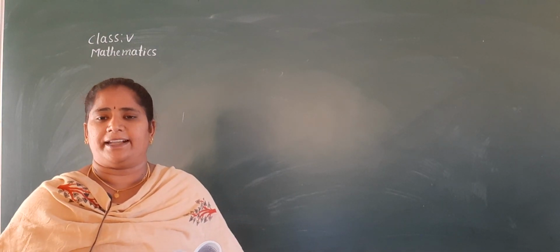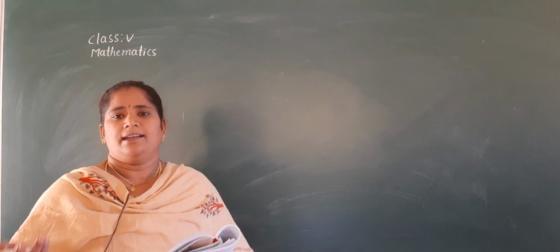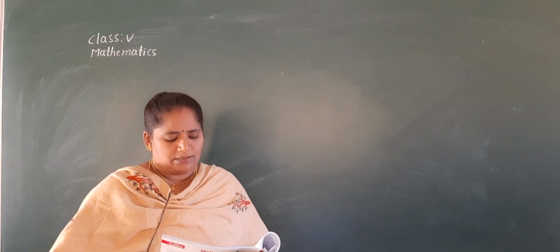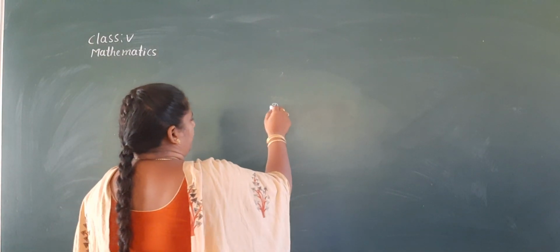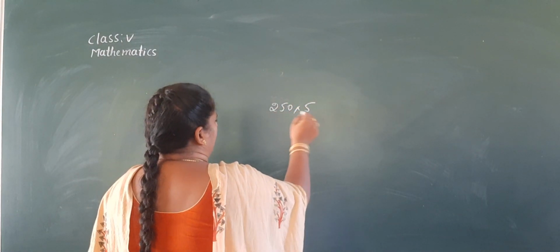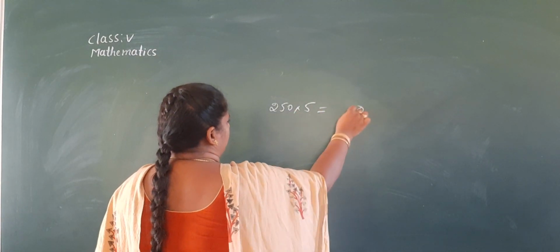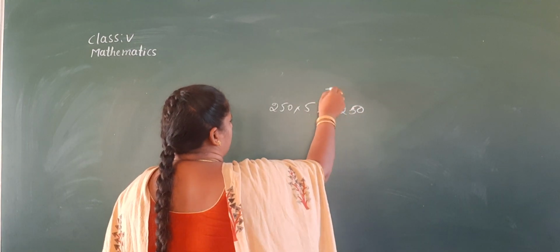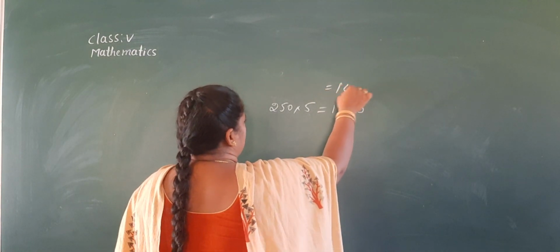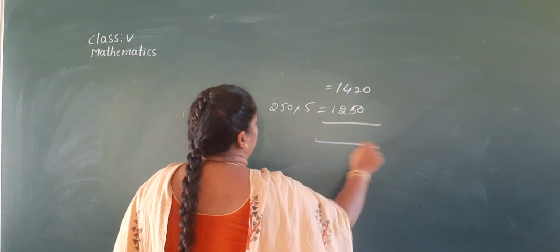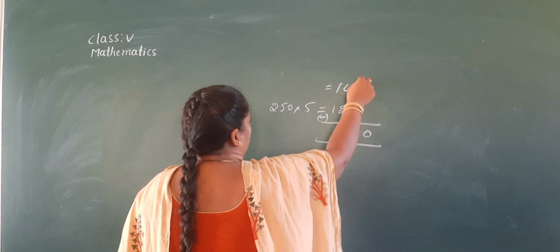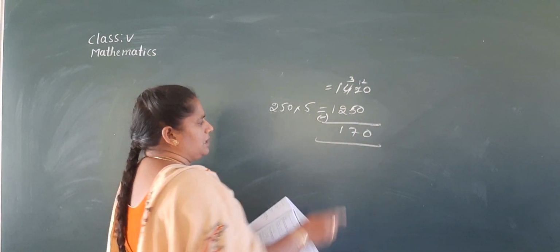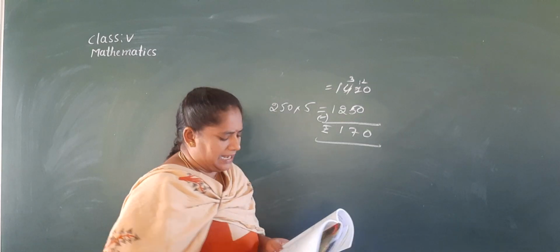That means amount spent on books. How do you get that answer? Yes, if 250 is multiplied by 5, then we can get that amount. 5 0s are 0, 5 5s are 25, 5 2s are 10 plus 2, 12, 1250. How much amount Sunil had? As 1420. Then remaining money means we do subtraction. So 12, 3. 12 minus 5 is 7, 3 minus 2 is 1. So 170 rupees left with him.